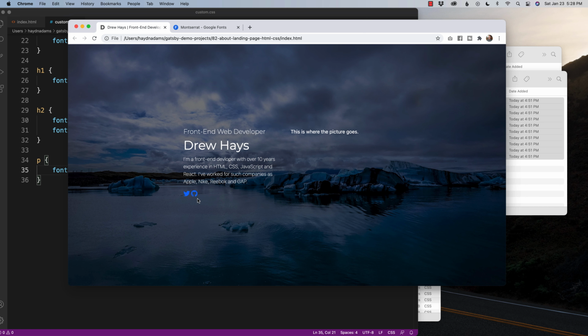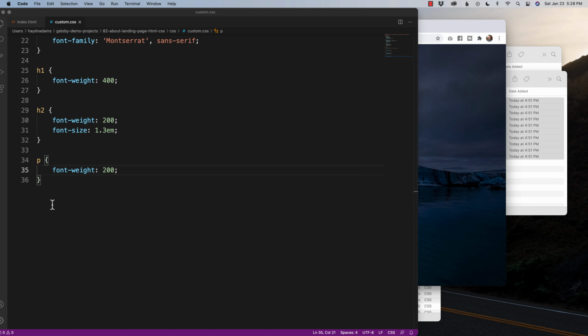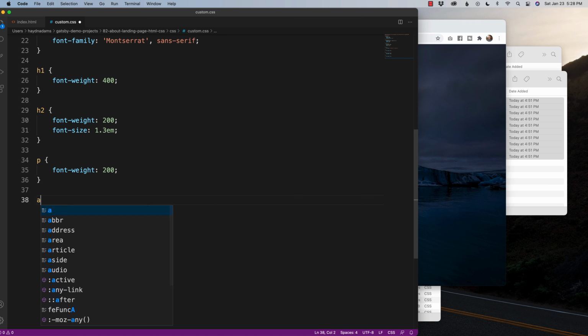Now we've got to fix these icons because they're a little blue. Literally, they're blue icons. I want to make them white because right now they're looking a little bit, well, blue. So I'm going to say A. And what I want to do is make sure that I have some distinguishing color, just slightly, that identifies the difference between a not clickable area and a clickable area. So I'm going to say color